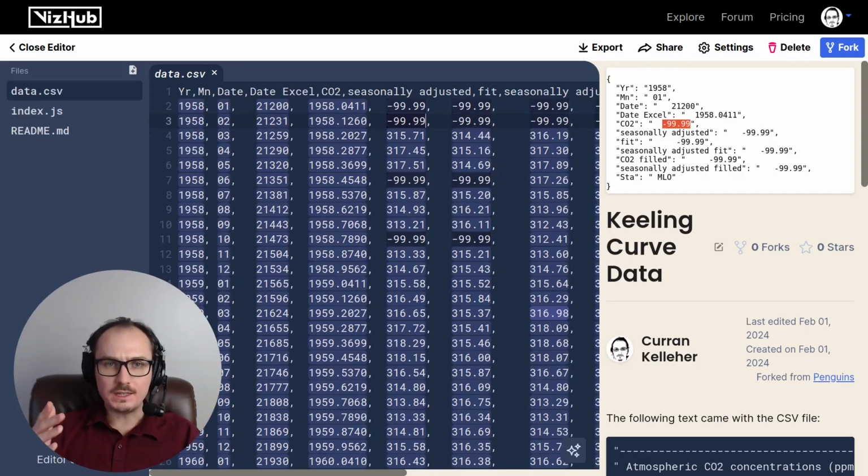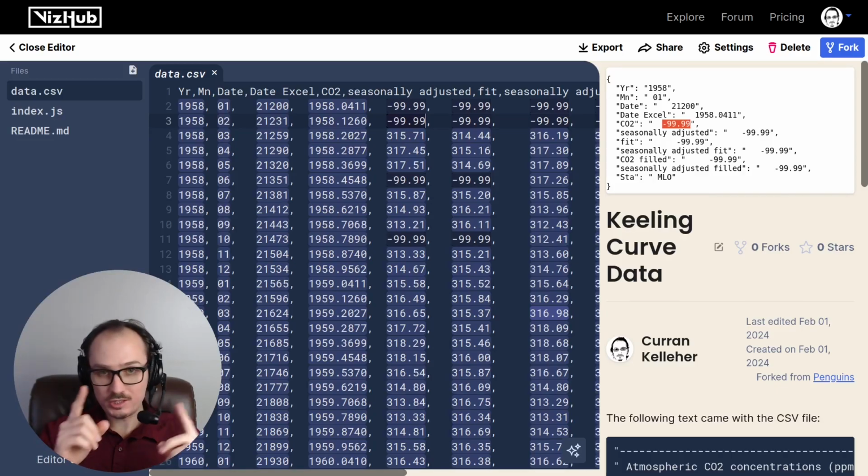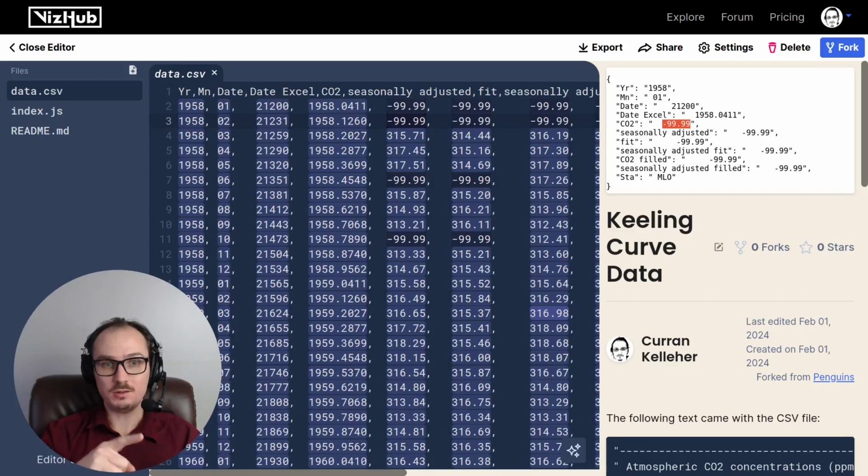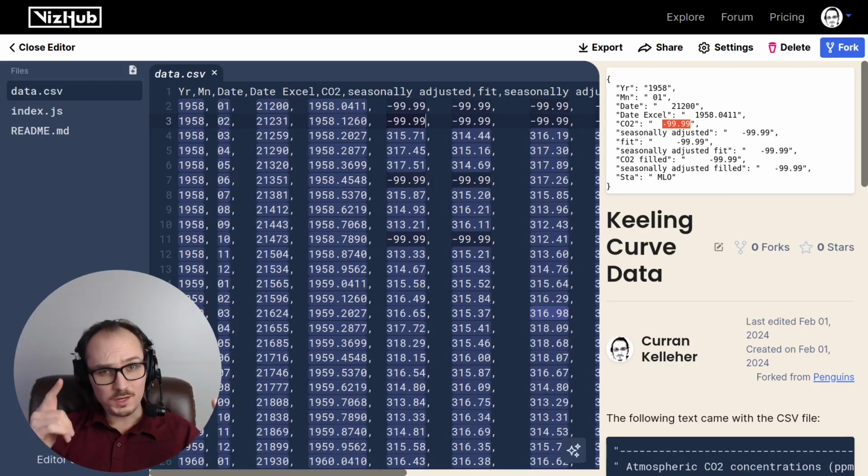So here's what I'm thinking for the approach to parse this. We want the date as a JavaScript date object. So let's make a new field called maybe lowercase d date that will be a JavaScript date object, using year and month. And then we can treat all of the quantitative attributes or numeric columns the same, with